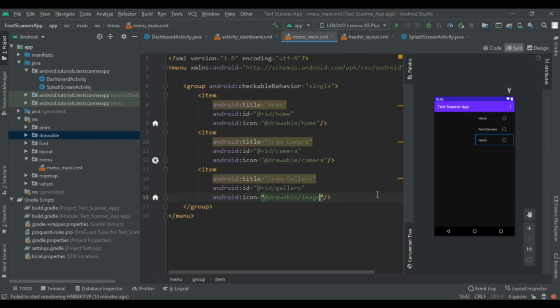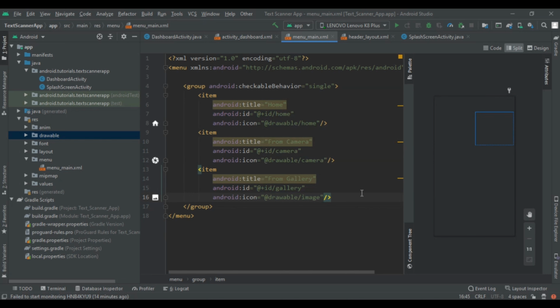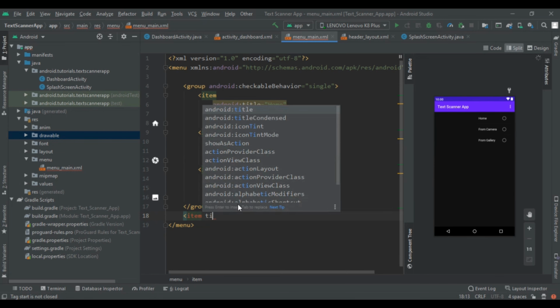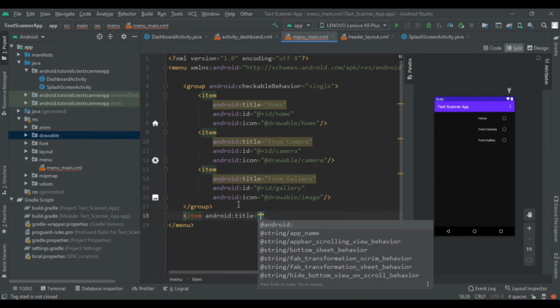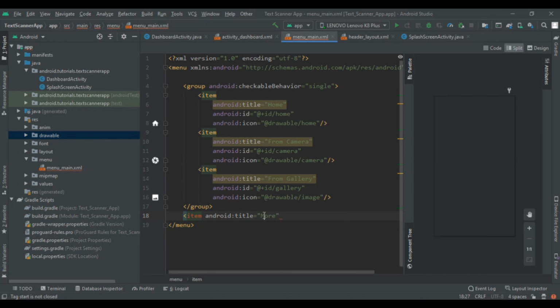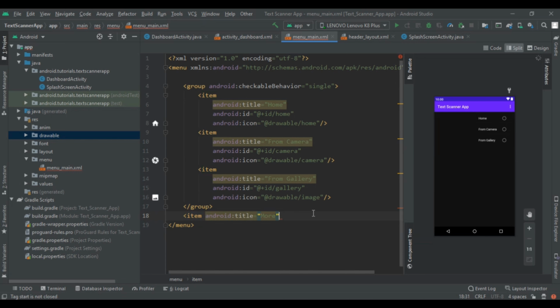So here we had completed this much code, and now again implement one item. So this will be of title. So this will give one divider, and then we will get another menu of share, feedback and rate as button. So we are going to write more and then complete this item like this and add another group or menu.